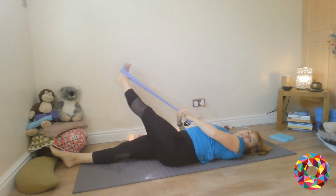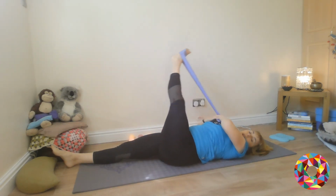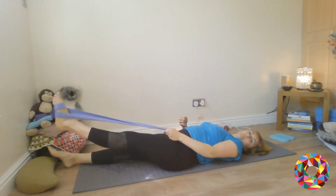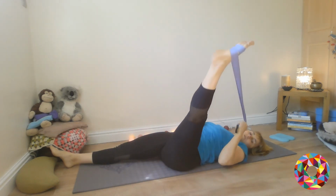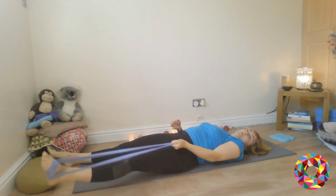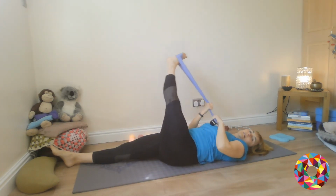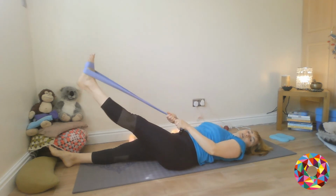Keeping that breath gentle and full, relaxing the jaw and the neck. Try not to brace through the shoulders too much, and allowing the hips to stretch and release. And then we'll come back up,